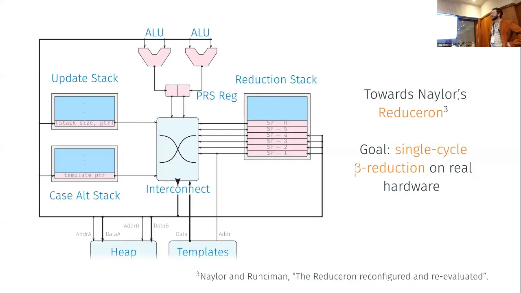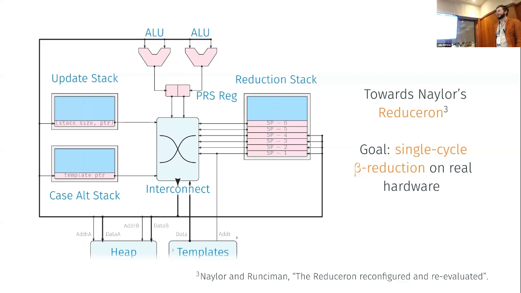So if we advance that a little bit further, we get the Reduceron architecture, or at least as it was last published. So they were taking very similar ideas and trying to push towards this goal of being able to do an entire beta reduction in a single clock cycle. And depending on how big your functions were, they achieved that. So the steps towards getting an architecture that will do an entire supercombinator beta reduction in one cycle, well,